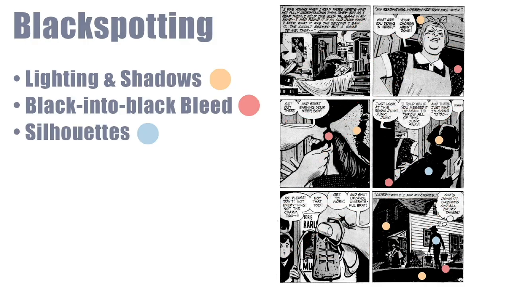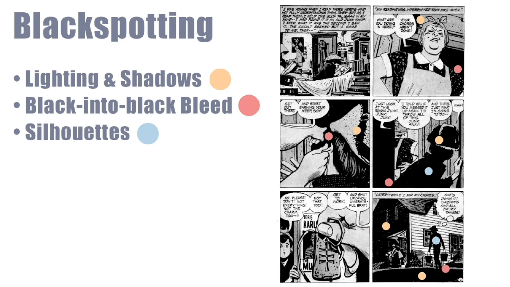Black spotting, this is something for which Toth is very well known, and he's using it in a variety of ways on this page. For lighting and to create shadows, you can see little bits of that. We don't see the light coming from the lamp in the lampshade, so we would gather that the light is coming from either overhead or more likely from the window. You can see that the light's coming from below because when we go to panel 2, there's a shadow from the door above it.